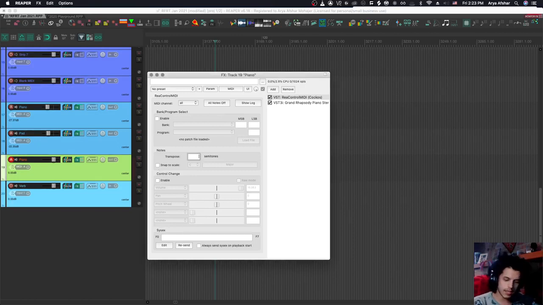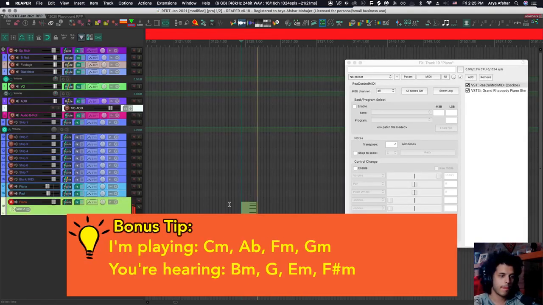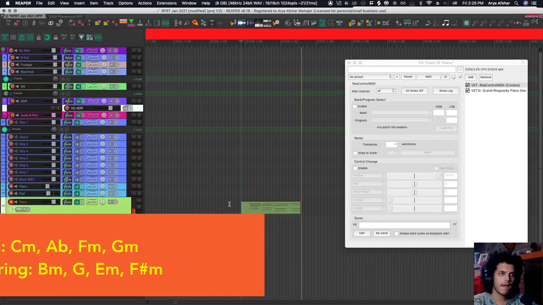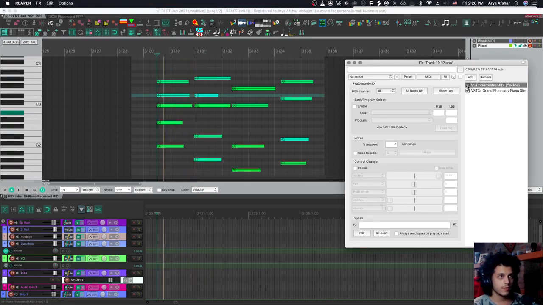So for example, I can just come here and transpose -1 semitones, and now I can just play in C minor as I normally do, and it will play B minor for me. And if we go and look at our MIDI track, you can see that I played in C minor, but what we heard was B minor. Just to show you, I'm going to play the track and then I'm going to turn this off in the middle. And now with this off,